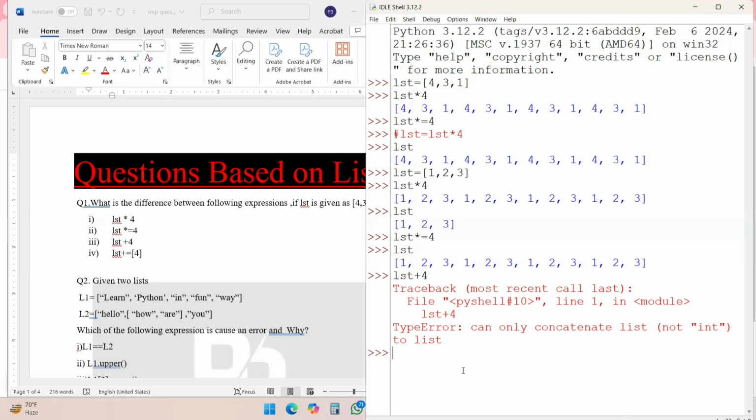Next one, list plus equal to, and here I am writing 4 in square brackets. So 4 in square brackets means what? This is my list. After that, if I print the list, you can see that this 4 is added or concatenated to my list.